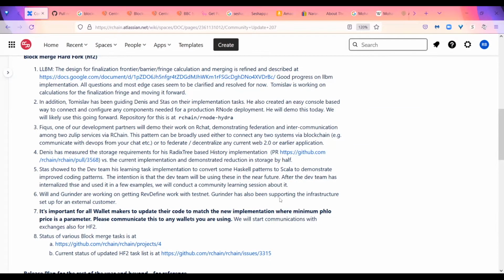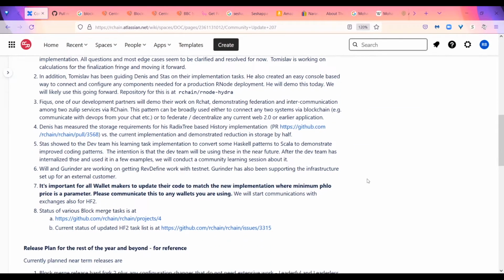This last point is something that I made before, but I just wanted to emphasize. Anybody that's making wallets, you need to be aware that we'll be releasing over the next few weeks the version where the minimum flow price is a parameter. So if your wallet doesn't already take care of that, you need to make changes to do that. And we had a conversation with Raphael, so he's familiar with that.